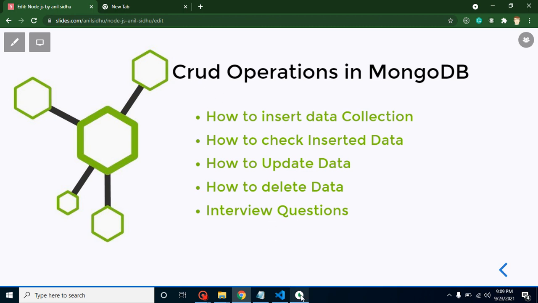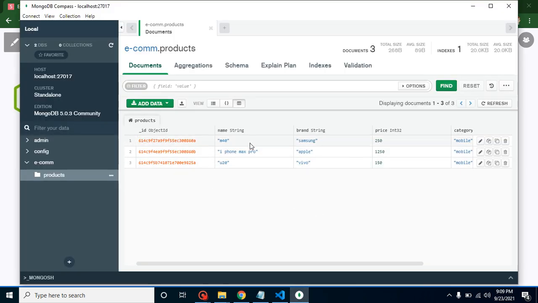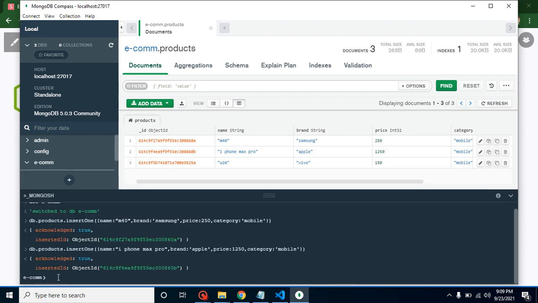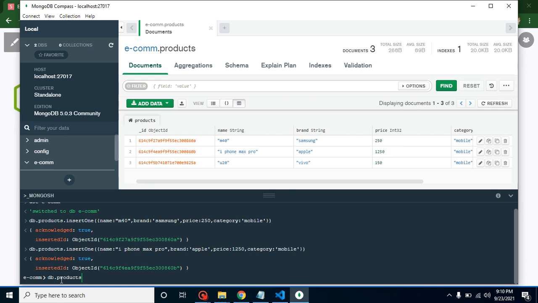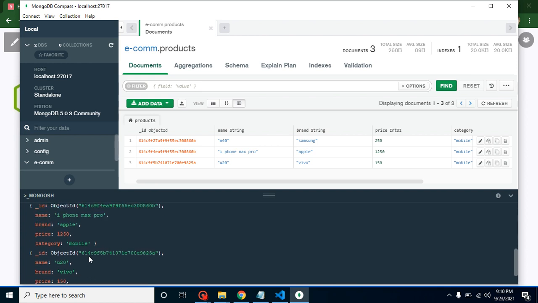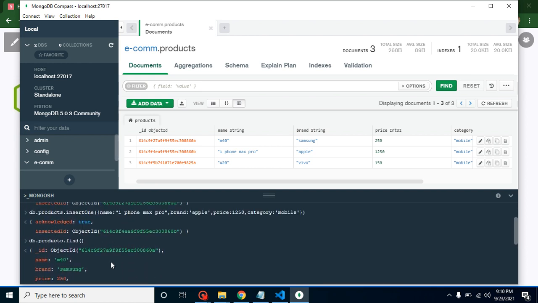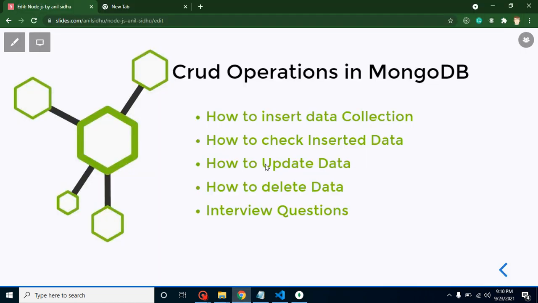So first thing is that this is already in a readable form, because we can just read it. Second thing, if you want to read it with the command line, then you can simply put here db dot your collection name, which is products, dot find, and this will be a function, and enter it. Now you can see that we got all three data. Great.